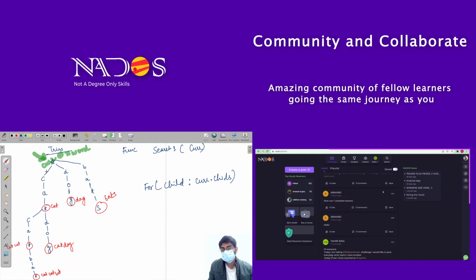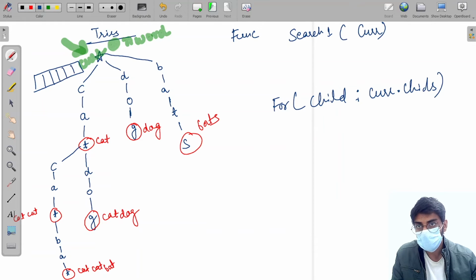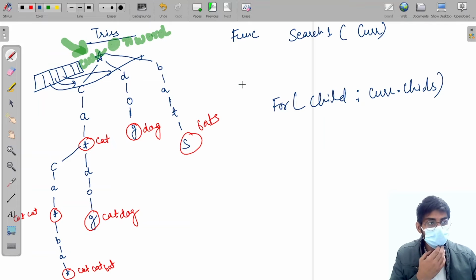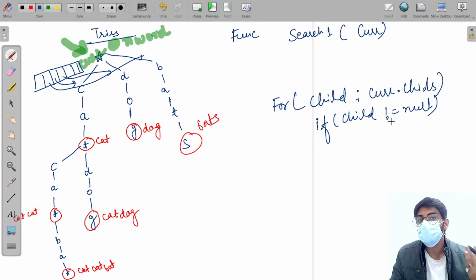So it is going to search for each array like this. We have this array and these values, like C is this, D is this, and B is this, meaning the not null values. So if child is not equal to null,